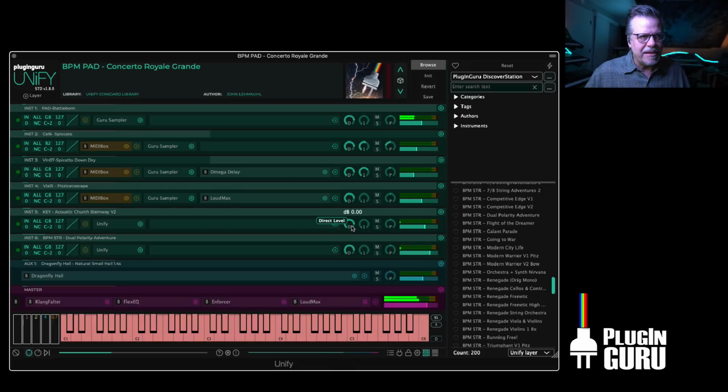the BBC Symphony Orchestra is $50, or more expensive if you get the Core or the Pro version. But for $50, and then the Discover Station library,